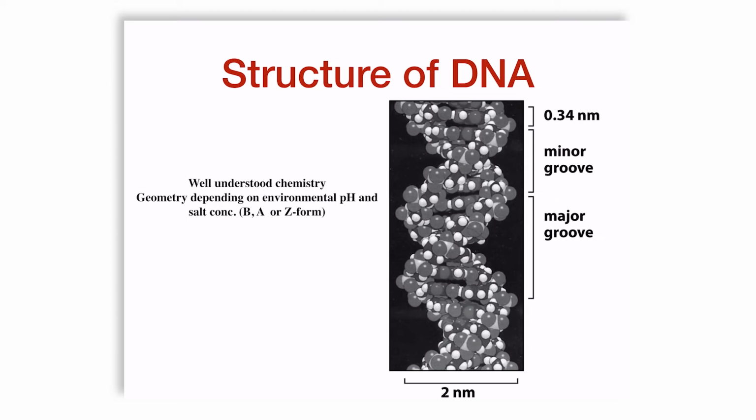We're all familiar with B-DNA, the most commonly occurring DNA, which has a major and a minor groove. Depending on environment, pH, and salt concentration, you may find A or Z forms. We're not going to worry so much about the less common forms and will assume B-DNA for our further calculations. Remember, this is quantification and order of magnitude estimates, biology by numbers. So we're going to assume that it is largely B-DNA.